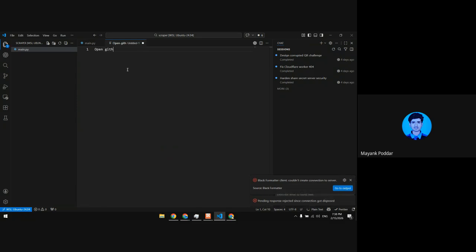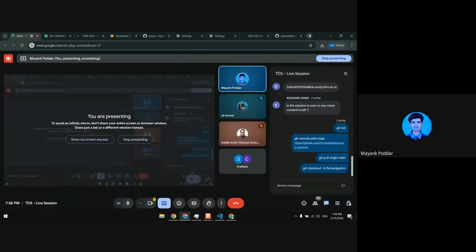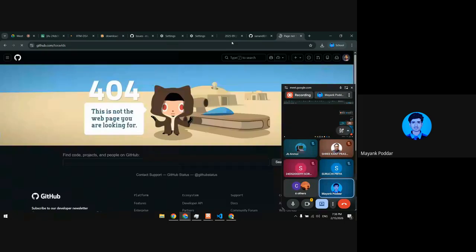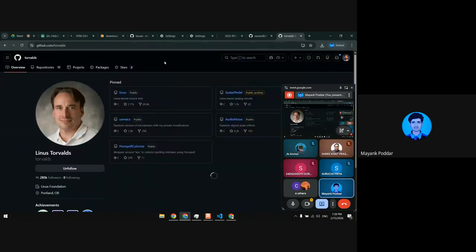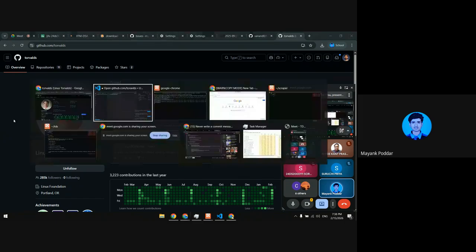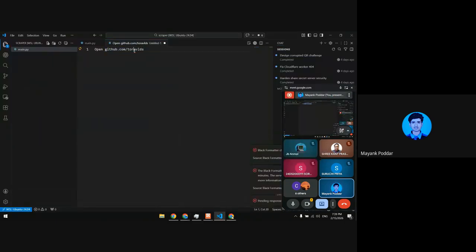Let's say open github.com slash, let's say Torvalds. So this is the creator of Linux, basically. He's the one person, Torvalds, who created Linux, right? I hope you guys know it. So we will open there and